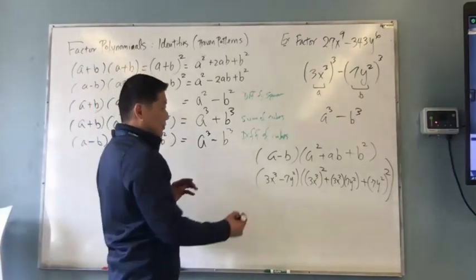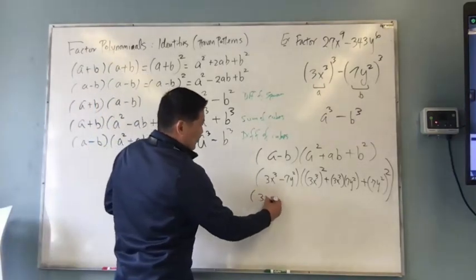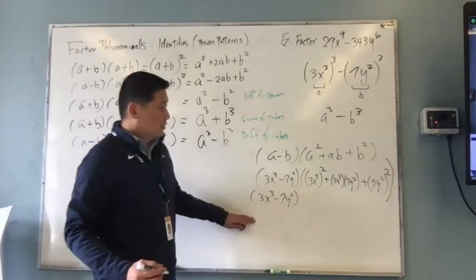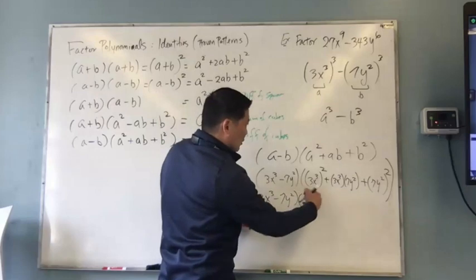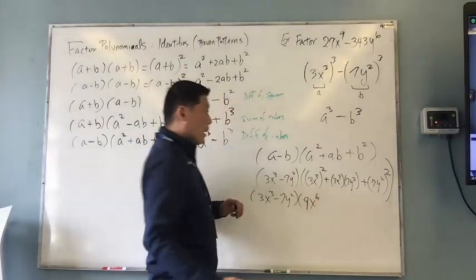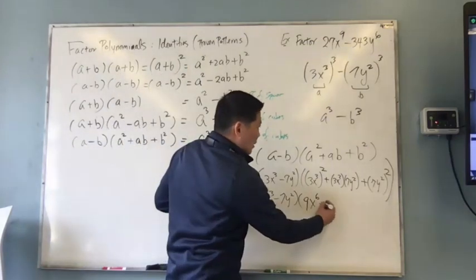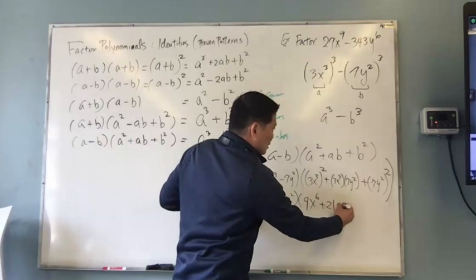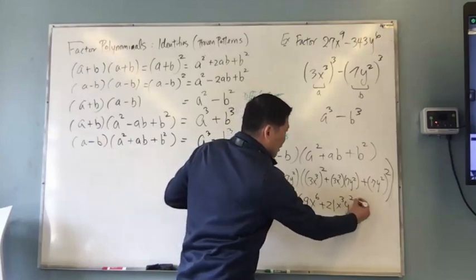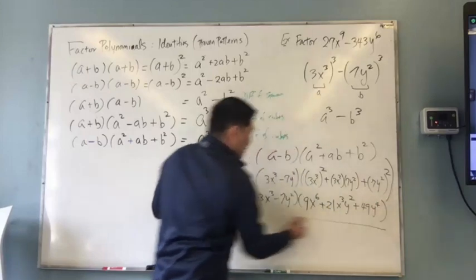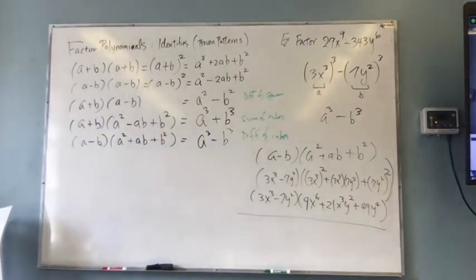Focus, focus, focus. So simplify. The first one really just, nothing changes over here. Over here, we gotta change that a little bit. So this is 9x to the 6th power. And then over here, 3 times 7 is 21. x cubed y squared, plus 49y to the 4th power. Voila! There's a factored form, right? That is a factor of that